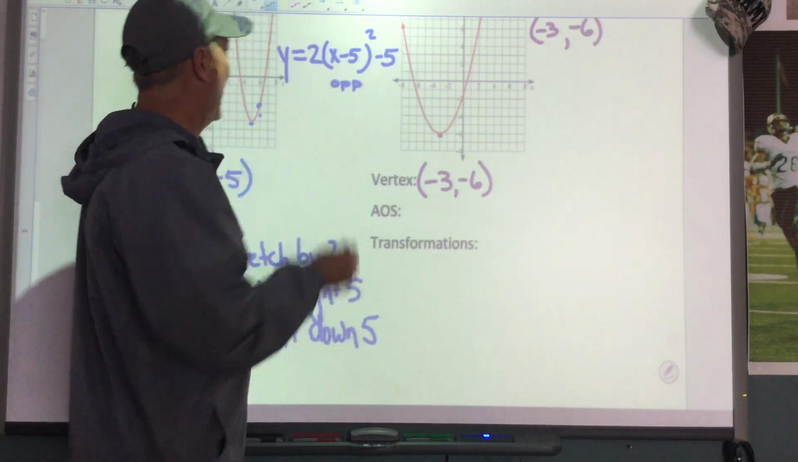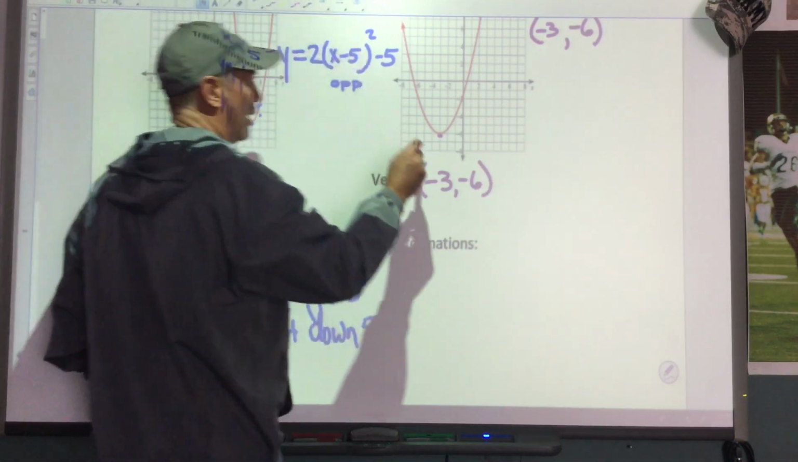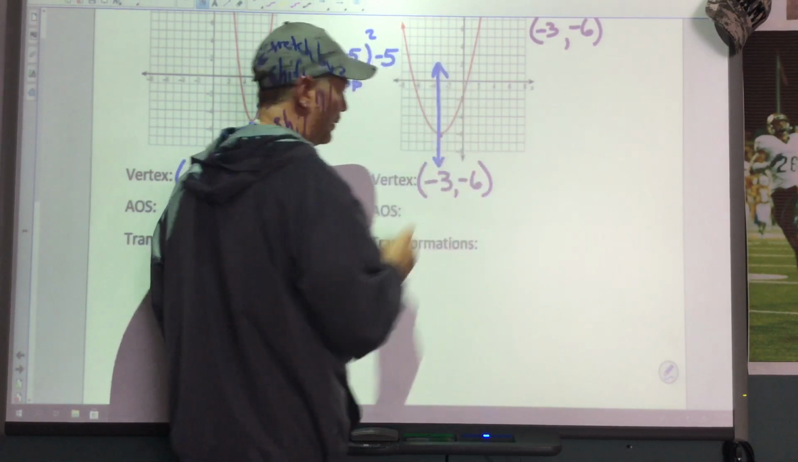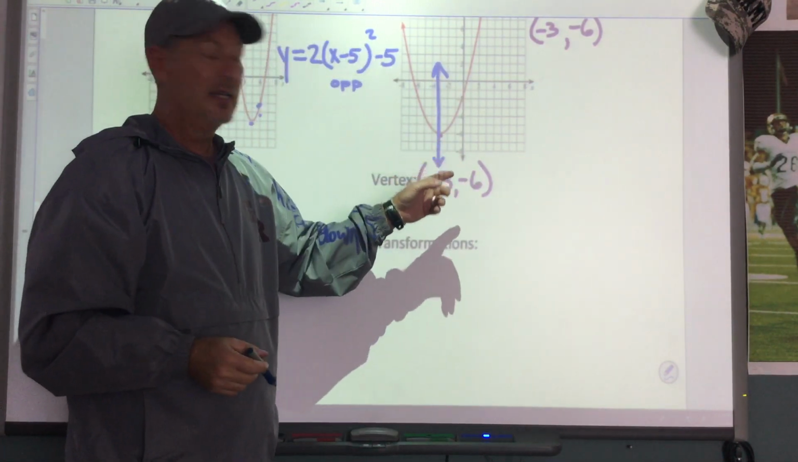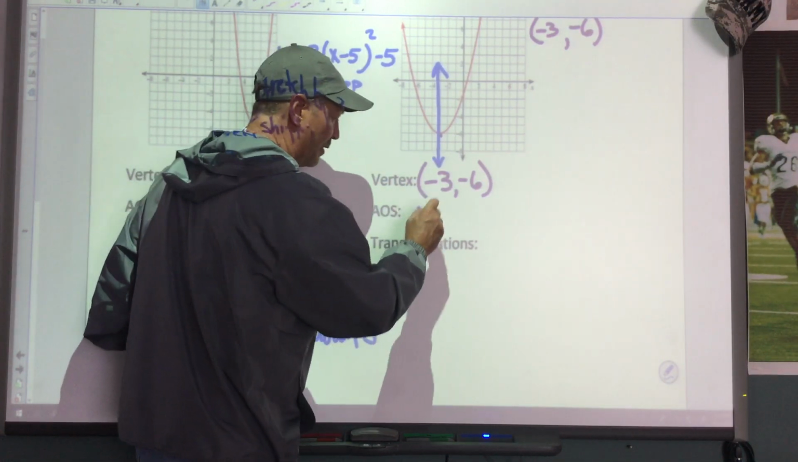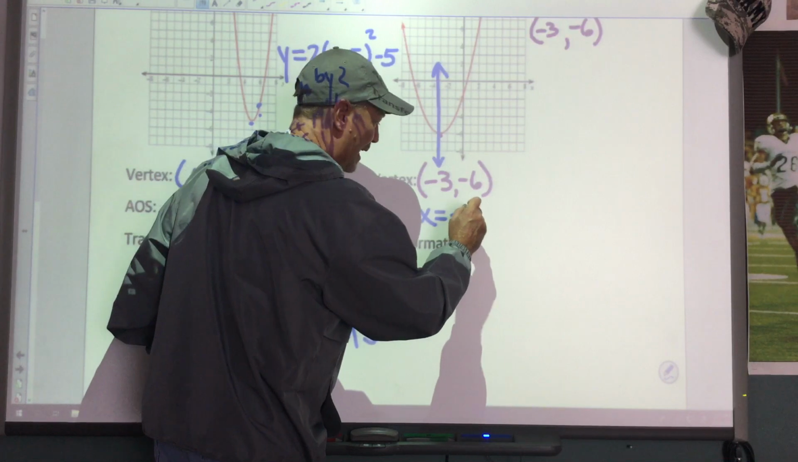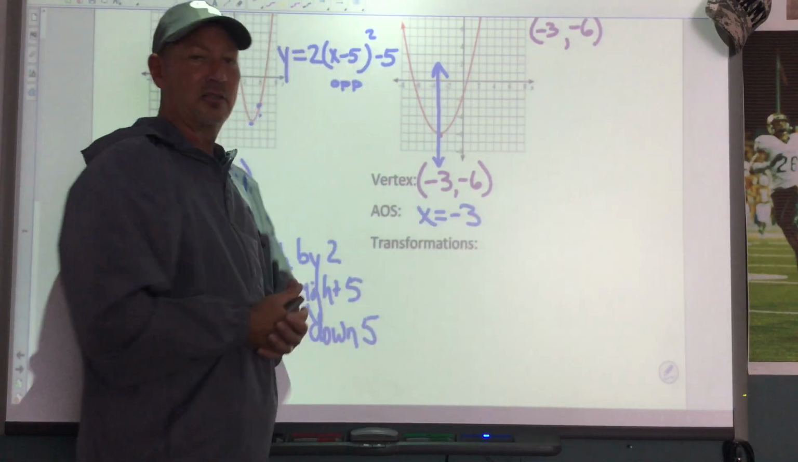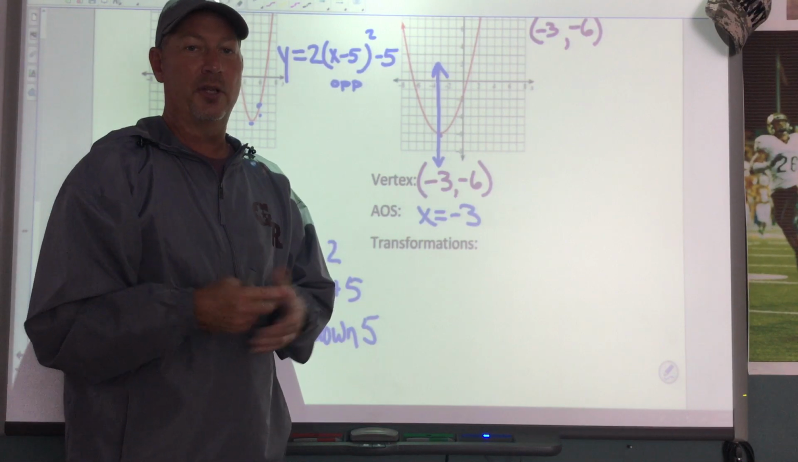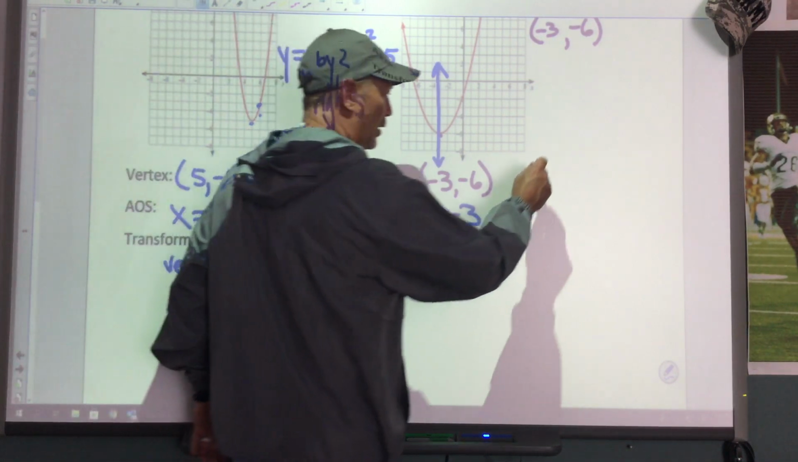Right? Now the axis of symmetry, like we've been talking about, is this line, and that line is going to be through this x value. So we're going to say that x equals negative 3. There's your axis of symmetry. Okay? So now we're going to write the equation for this. We're going to say y equals,